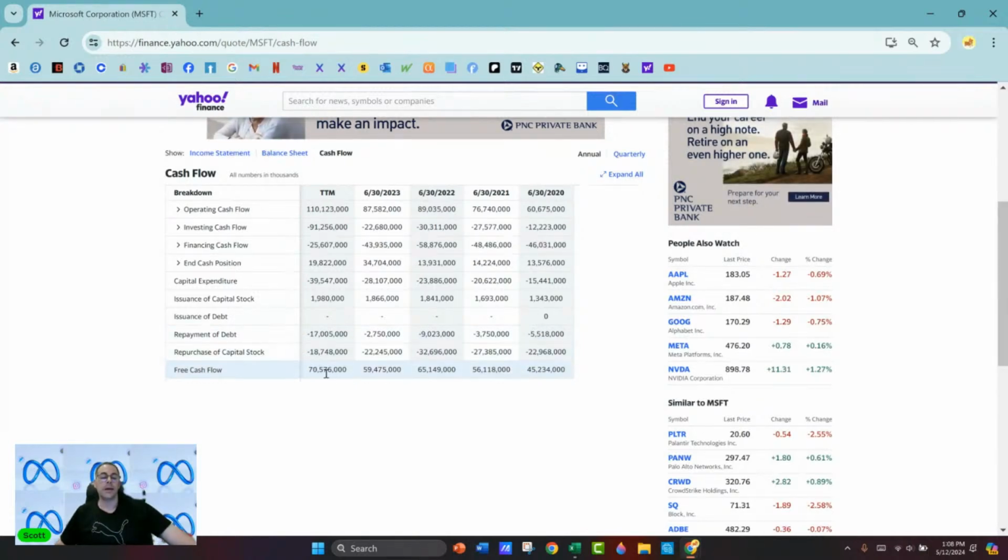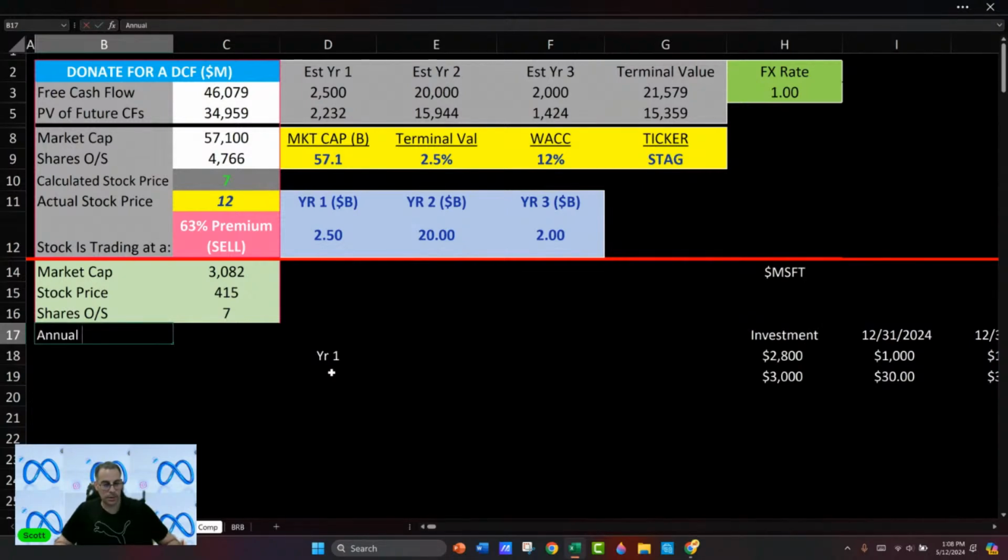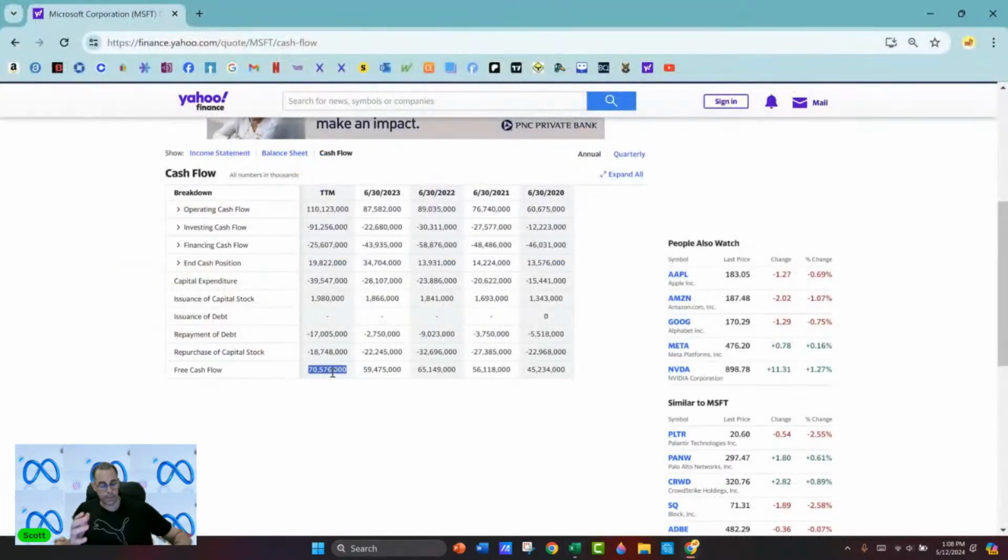So you can see that it was 71 billion, their free cash flow in the trailing 12 months, which is a big jump from 59 billion. So let's just say we use that. Okay, let me put that. So you don't have to even pay anything. You can just